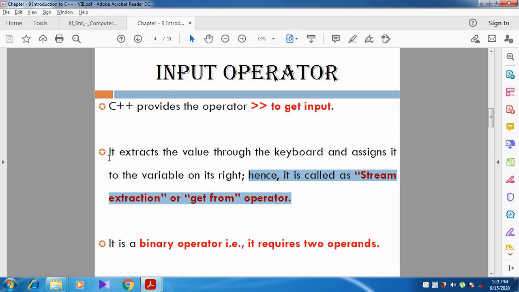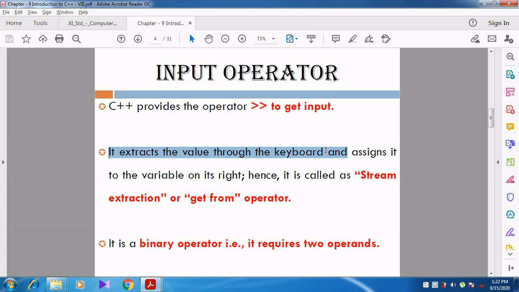So again, what is the use of the input operator? How does it get the input from the user? It extracts the value through the keyboard, that is, from the user, because the user enters the input through the keyboard.